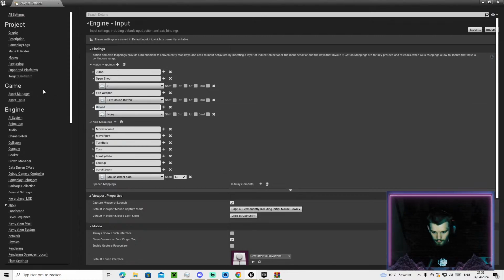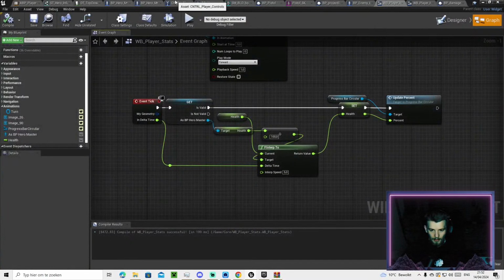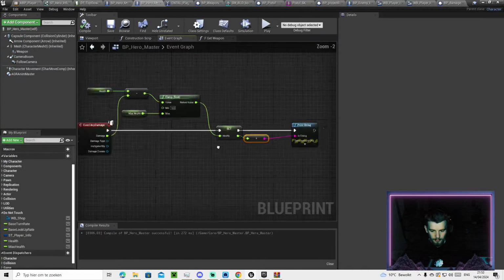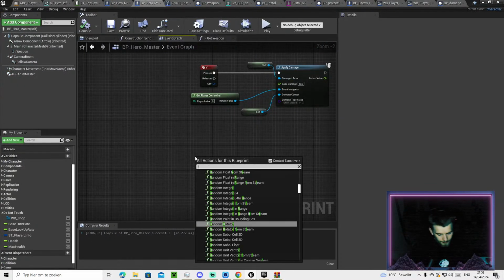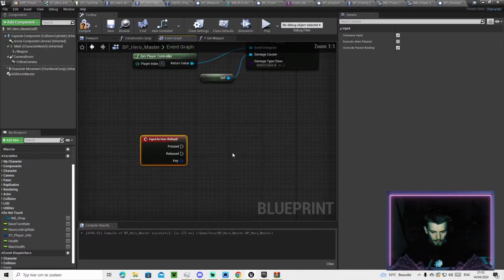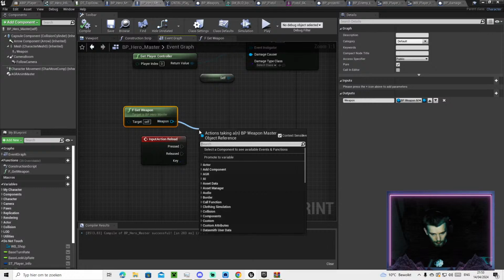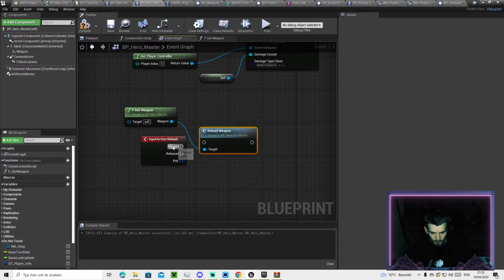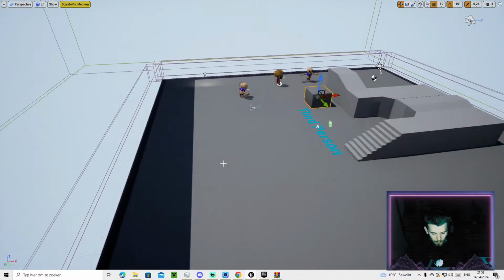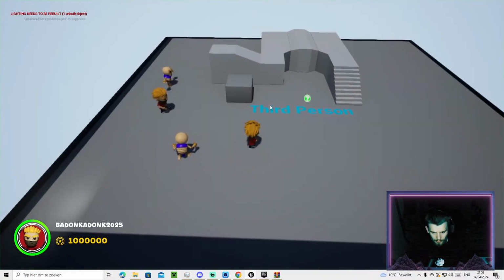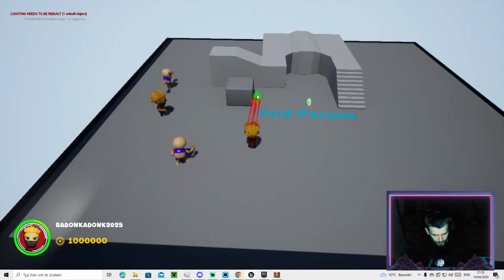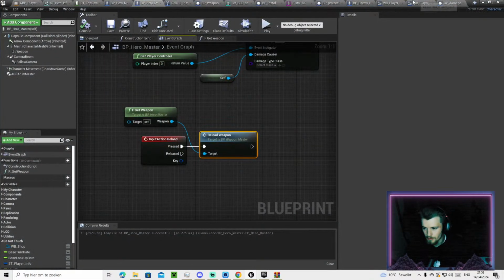So reload. In the player master here, let's set up reload. When we want to reload, we want to get weapon, and we want to reload weapon. So let's see, I should have already set it up. Reload and I can fire again. Now we just quickly need to update